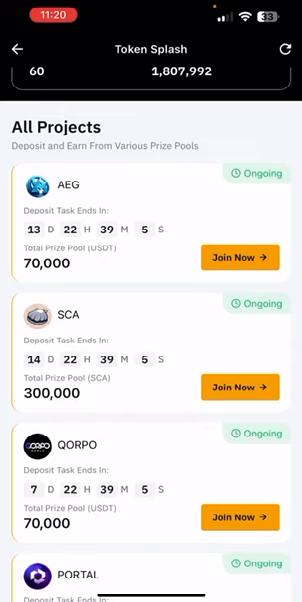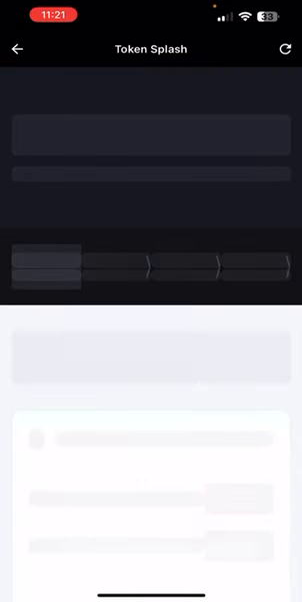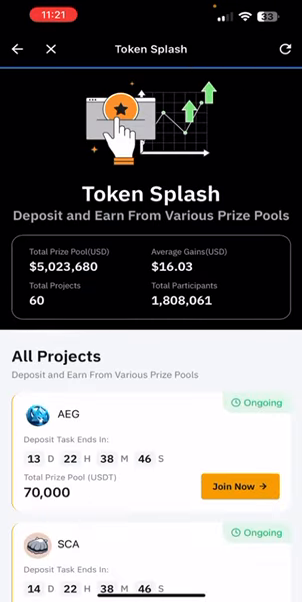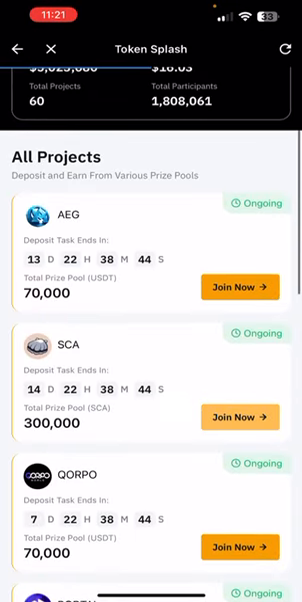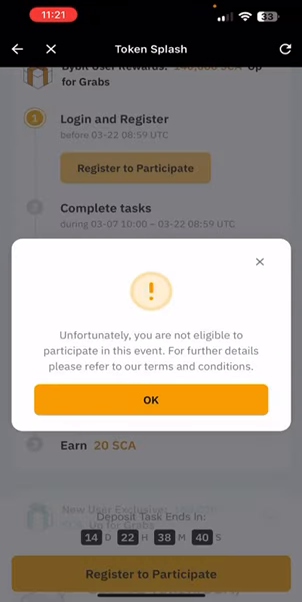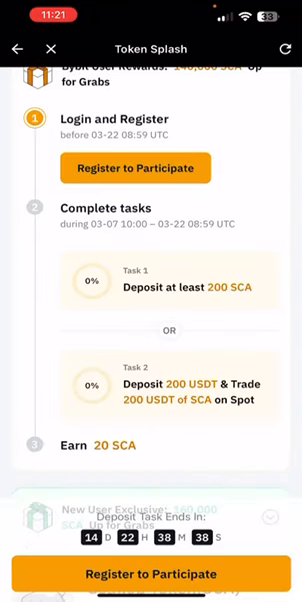If you're a new user and you're opening an account now, your chances of winning are much higher and the reward is much more. So on your main account, come and do join now. If you come to AEG, you tap join now, you tap register. If you have done it, you come to SCA, tap join now, register. If you have done the two,